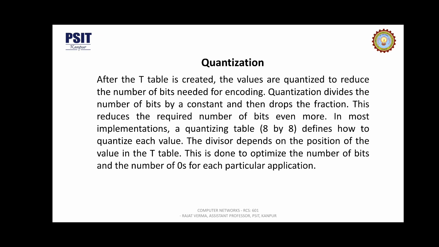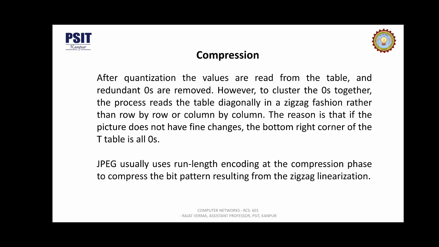Now moving on to the third phase of this process, which corresponds to the compression. Now after quantization, the values are read from the table, right, and redundant zeros are removed. However, to cluster the zeros together, the table is read diagonally in a zigzag manner rather than row by row or by column. The reason is that if the picture changes smoothly, the bottom right corner of the table T is